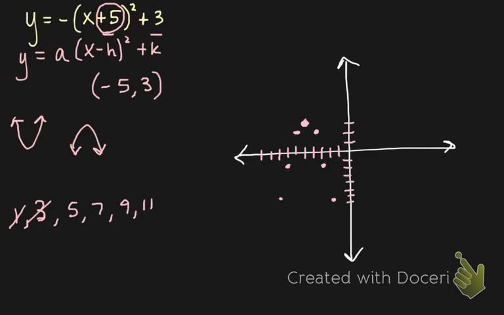And then we can continue the step pattern as long as our graph permits us to. So depending on the size of your graph, depending on the context, we can continue that step pattern. But as long as the a value is 1, our step pattern is going to go up by the odd numbers, 1, 3, 5, 7, 9, 11, and so on and so forth. So this is how we can sketch a nice graph knowing the vertex form or the graphing form of a quadratic.